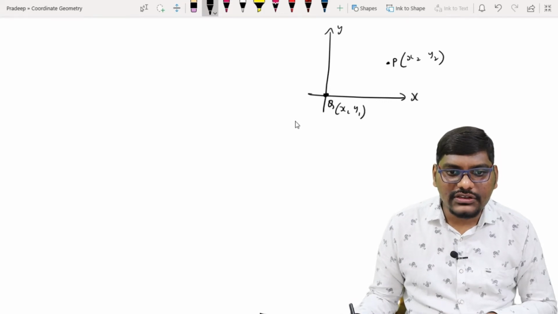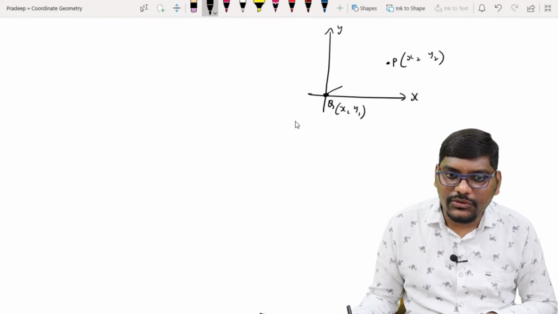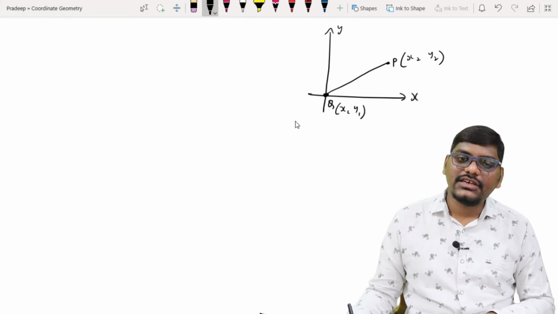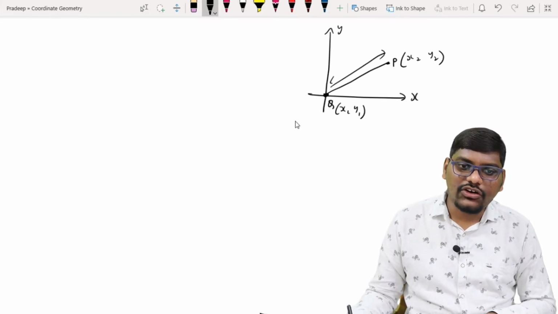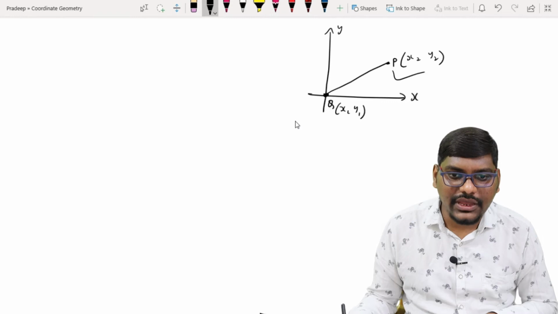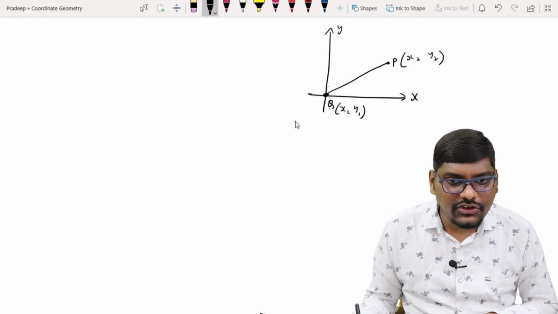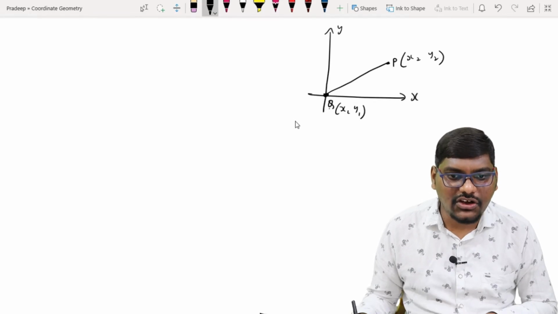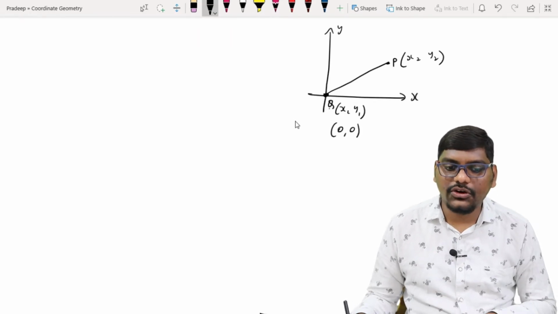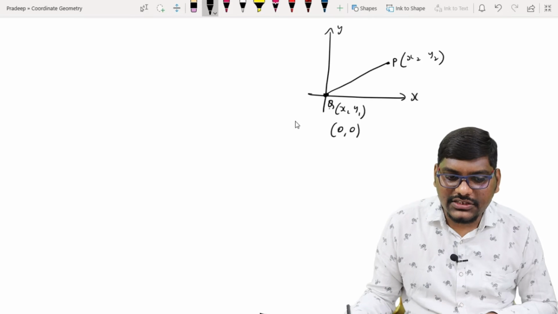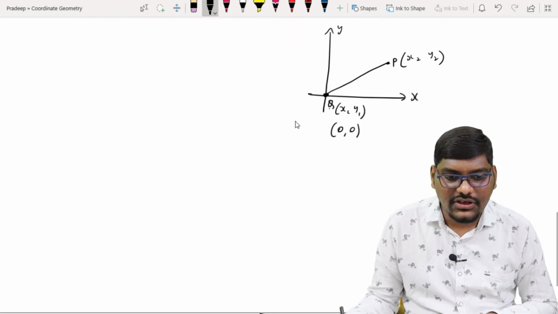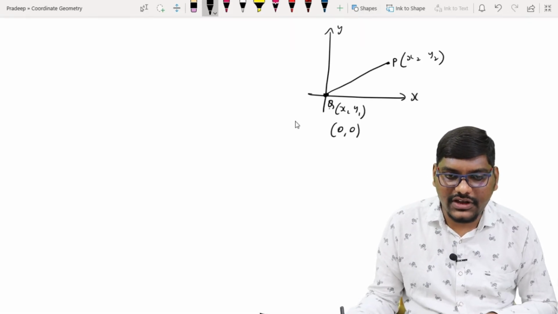Now we are finding the distance from Q to P. Whenever we have to find the distance, we will have the coordinates of P and the coordinates of Q. The coordinates of Q, because Q is at the center, can definitely be 0 comma 0, whereas for P, let's take some coordinates of our wish, like 3 comma 4.